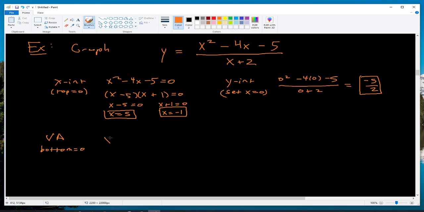The bottom is x plus 2. If we think about it for a little bit, we say, okay, what x value do I plug in that makes x plus 2 equal to 0? That's going to be x equals -2. This one, since the degree of the top's bigger, we have an oblique